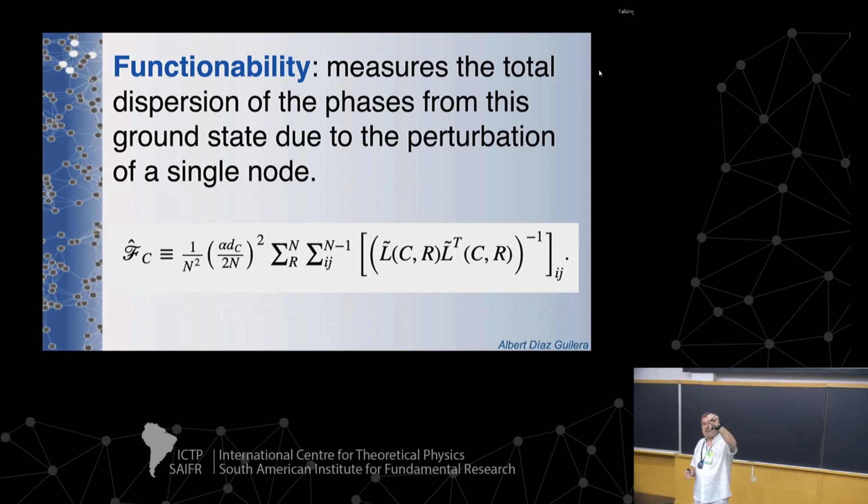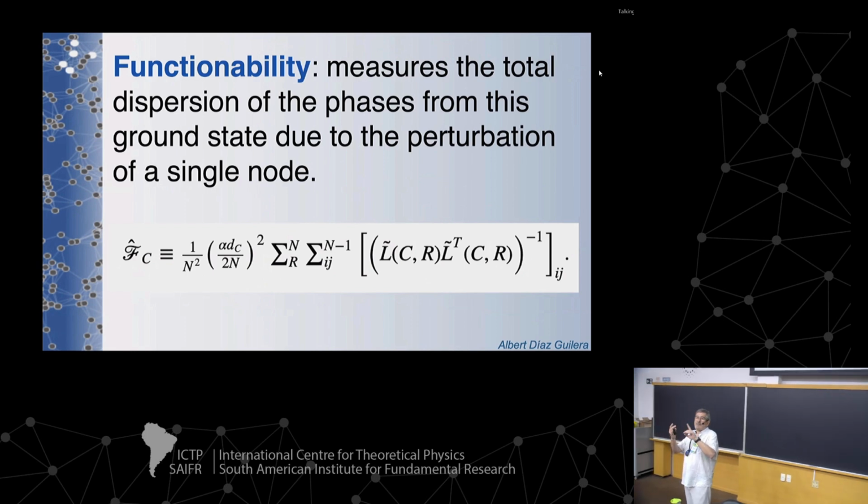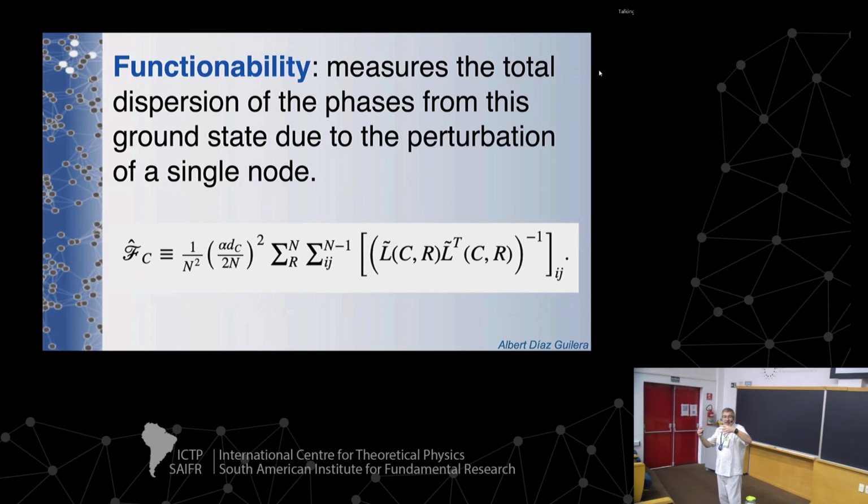Of course, you are not in a synchronized state. You are in one of these states in which you don't have synchronization, because the frequencies are different and the coupling is different, so you don't expect synchronization. Now you take a single node and you change the state of this node. And then you expect that the rest of the population will change because it's looking for a slightly different solution, a slightly different pattern of phases that fits into the new conditions, okay?